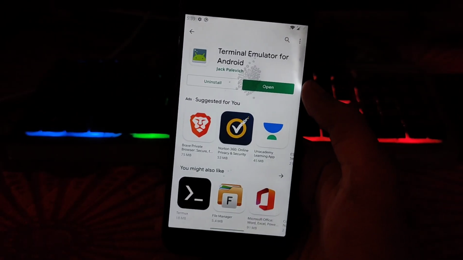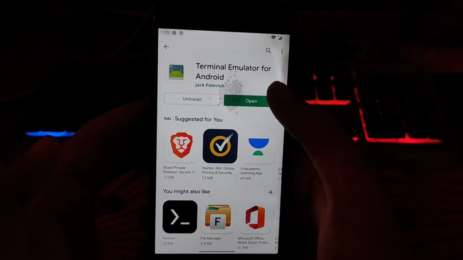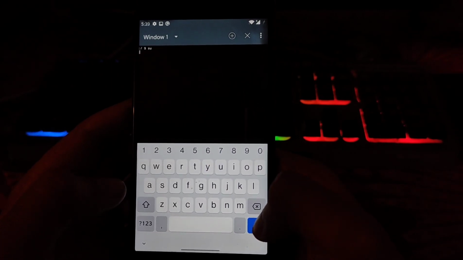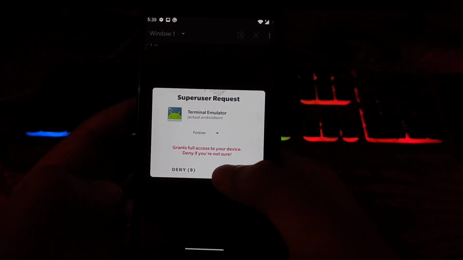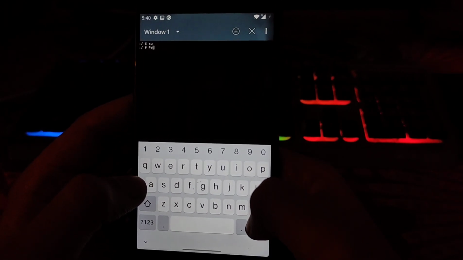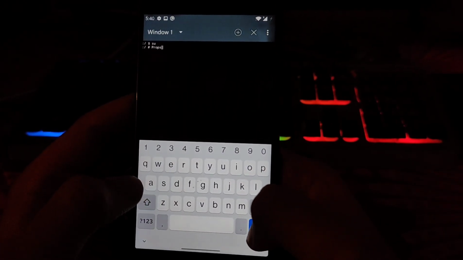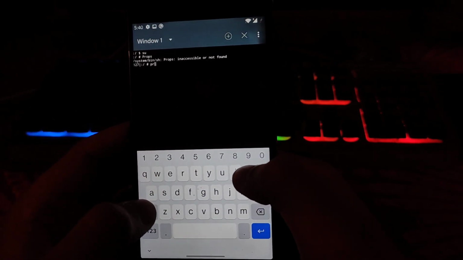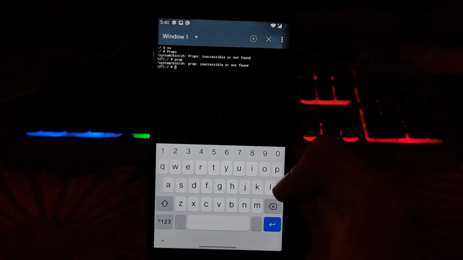So now we have to install this Terminal Emulator from Play Store. Open, continue, SU, grant, props, yes, now.